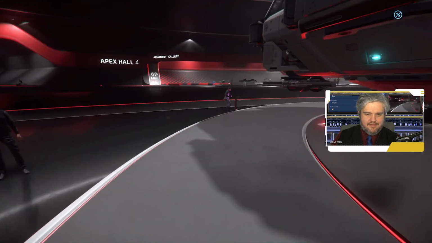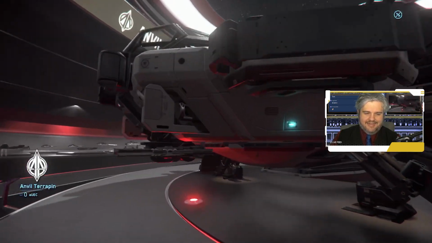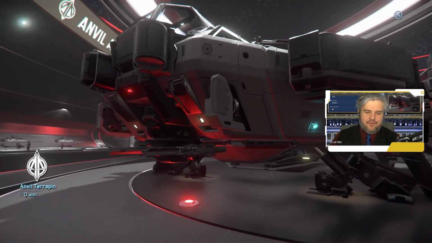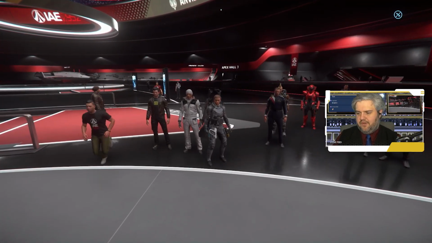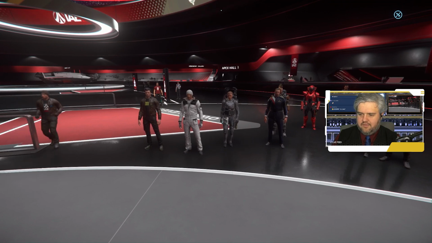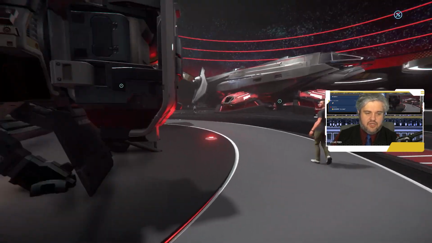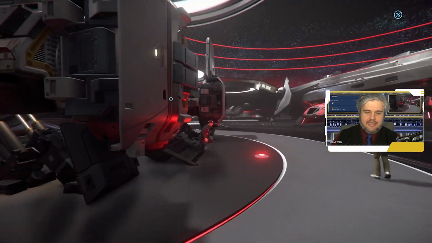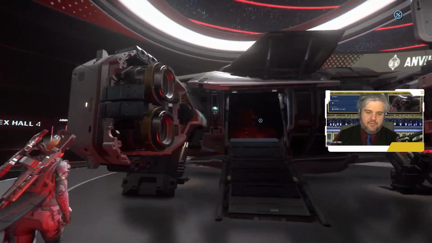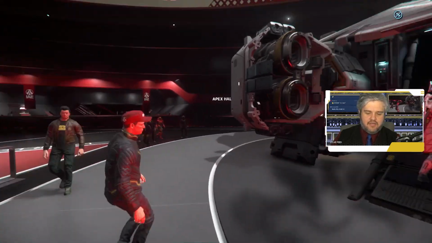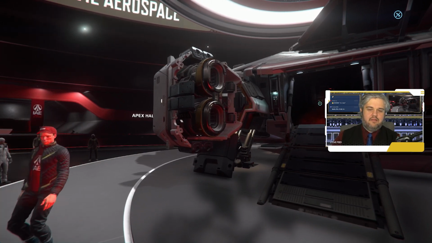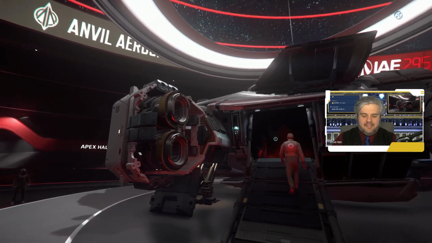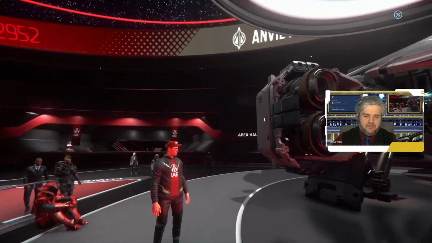Intimidation usually works. All right, so this is the Anvil Terrapin. The Terrapin was first produced in 2795, I believe, towards the end of the 28th century. It was the first Anvil ship to be produced, and it is a picket ship. The idea is that this ship goes out in front, scans for a bunch of areas, and is kind of a stand-in for the military sending out a capital ship, because it's got these overcharged sensors, and it's very beefy